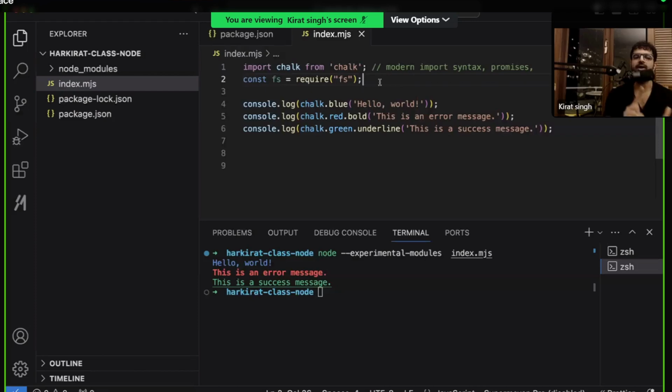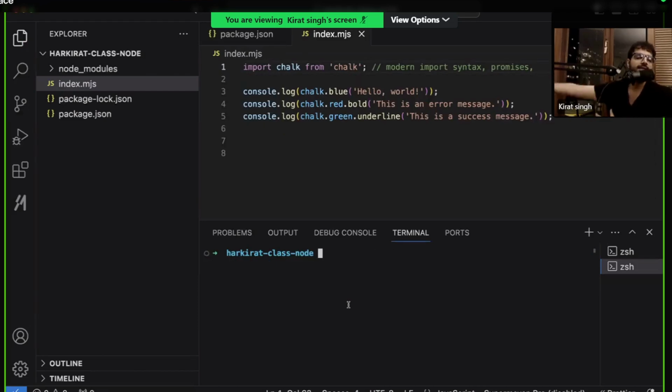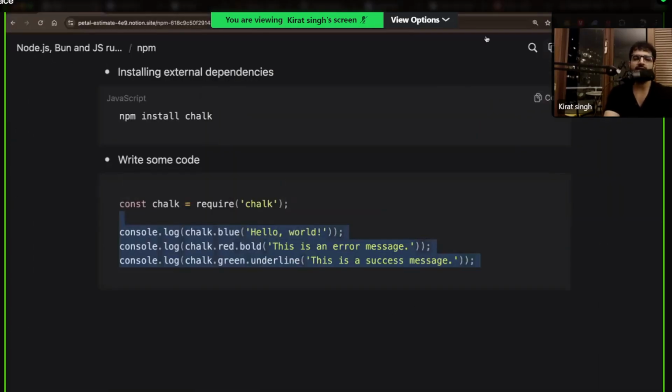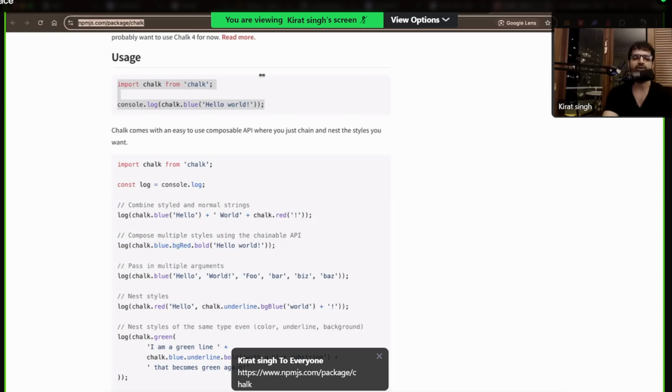Cool. So what have we done? Number one, I installed an external package onto my machine. I ran the command npm install chalk, which brought an external package to my machine. Where can I read more about this external package, Harkirat? I can read more about it over here on npmjs.com slash package slash chalk.